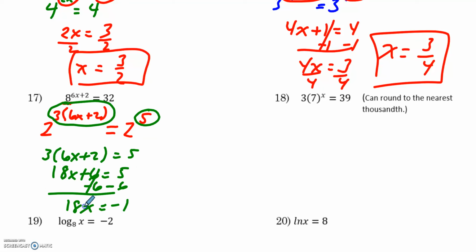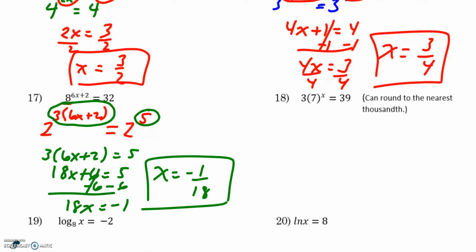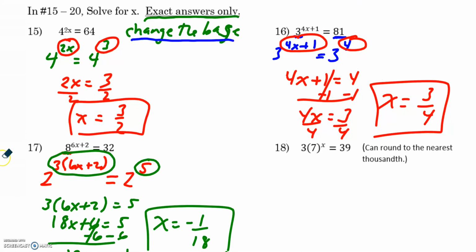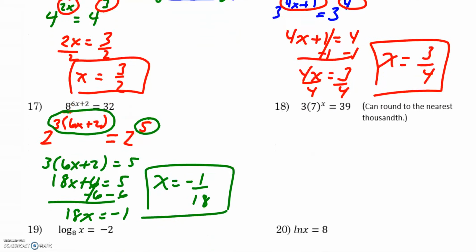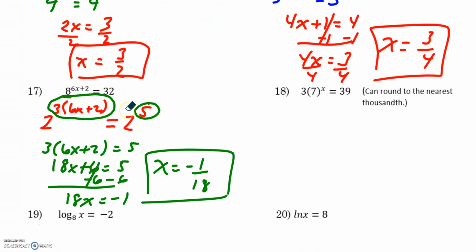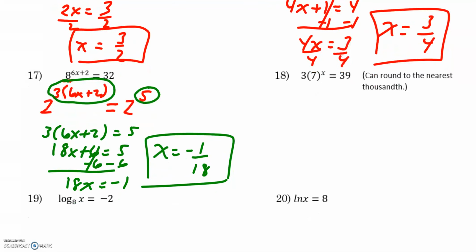18x equals negative 1. So I get a lovely answer of negative 1/18. So the moral of the story so far is, if you see exponents, see first, before applying any kind of log, if you can change the base or manipulate it in a way that you can get the two exponents to be equivalent. The reason I mention this is because if I transition to number 18,